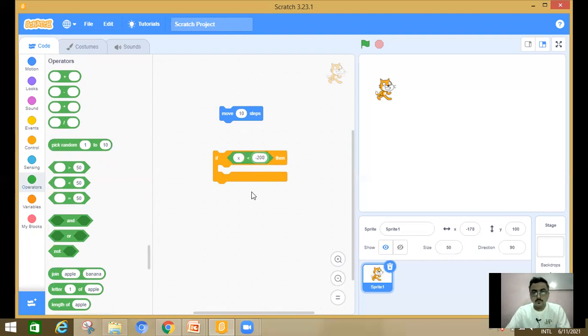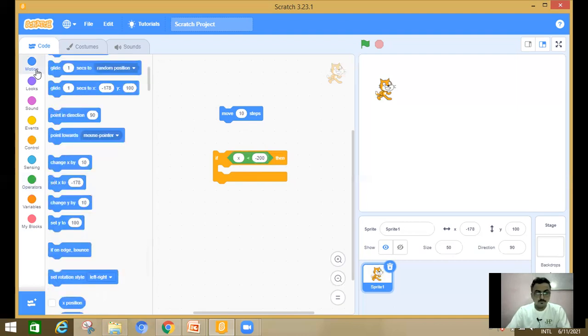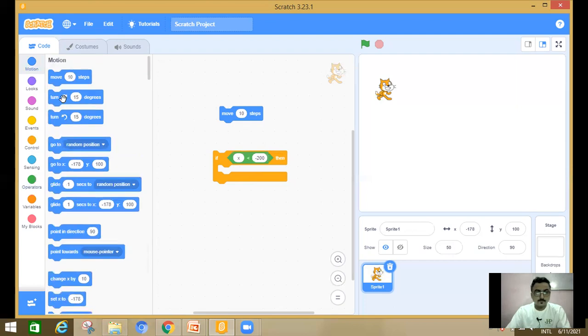So what is to be done? I have to change the direction with the help of motion. I have taken turn 180 degrees clockwise.